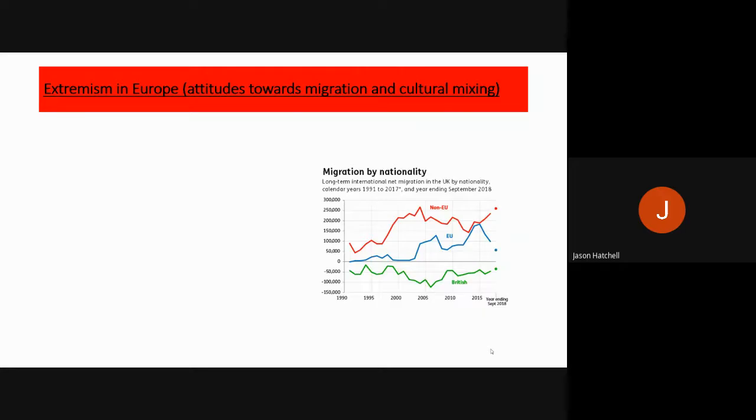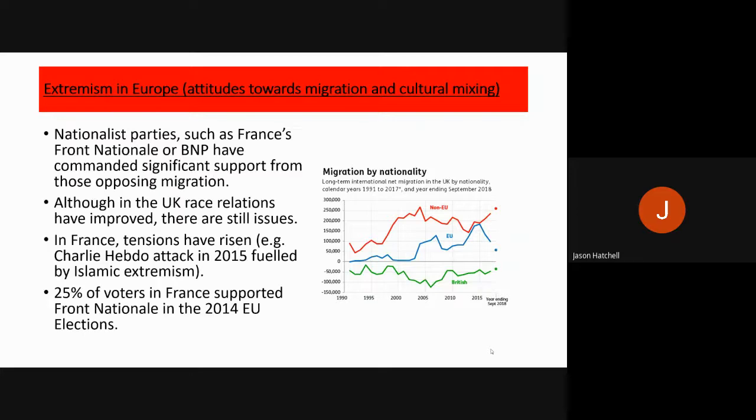So we can see on the graph here on screen, non-EU workers, and this is migration by nationality in the UK, has roughly stayed the same despite falling during the 2005 to 2015 period. And the big one that's changed here is EU workers and EU migration, which has risen significantly to the UK during the same time period. And in Europe, we have seen a number of different changes.